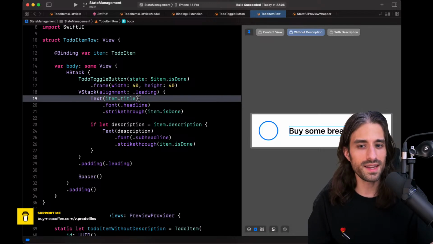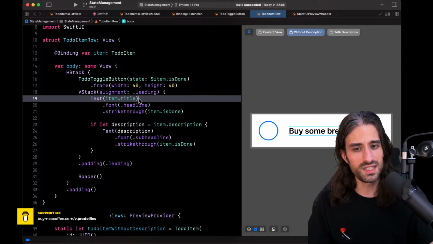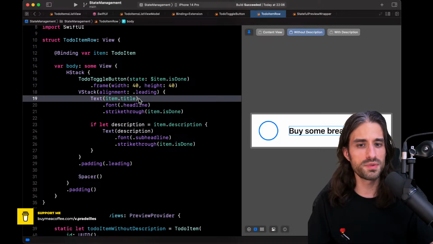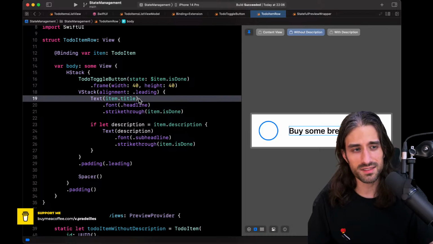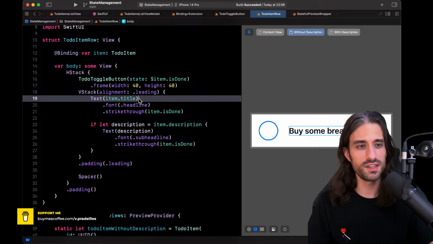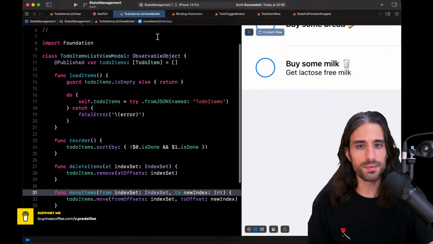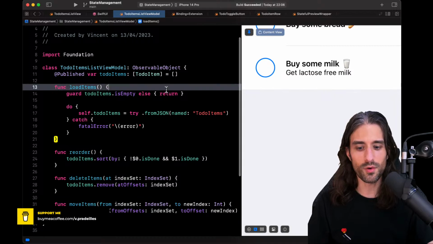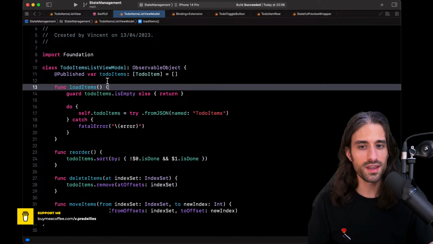Then we saw that it's also possible to introduce objects that are responsible for managing state. So SwiftUI kind of naturally pushes us to using view models. These view models implement the protocol ObservableObject, which allows a class, an instance of a class, to let SwiftUI know that its state has changed and that the view needs to be redrawn. I mean, might need to be redrawn, but the body needs to be recomputed. We have the @Published property wrapper, which is a nice way to automatically emit a change when a property gets updated.